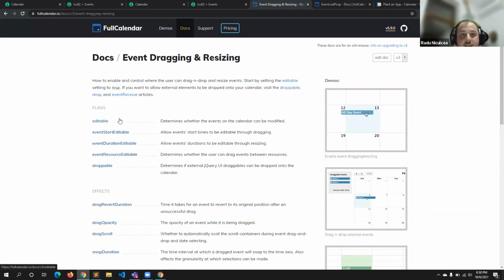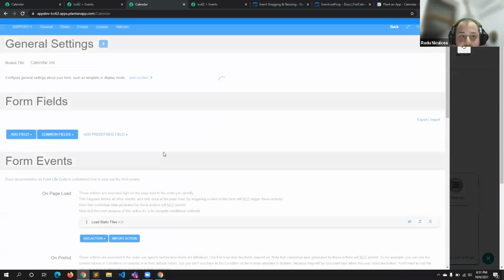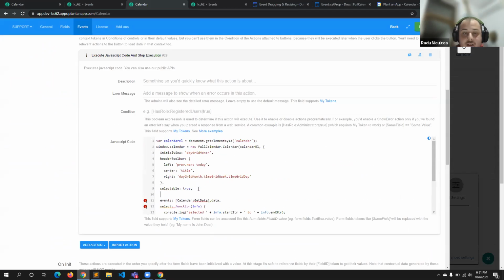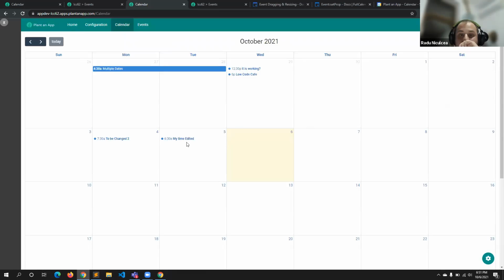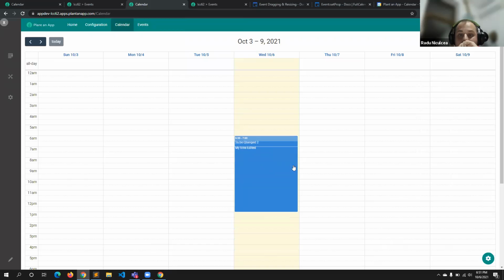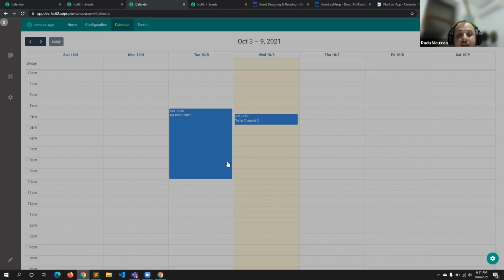It has a property which is called editable. So if I go back to the calendar init really quickly, I can say, hey, I know you are selectable from last time, so I can select dates, but I also want to mark it as editable. And if I click save and refresh this, it's going to let me move elements from one day to another. And also, if I want, I can adjust the time and even put them one over another. I can just play with the calendar easily rather than clicking and editing.